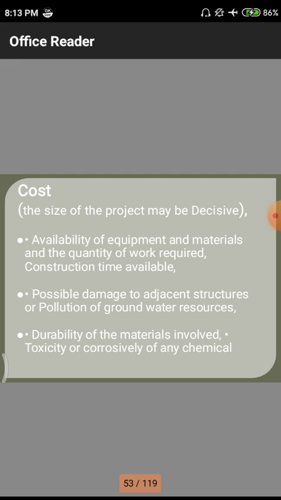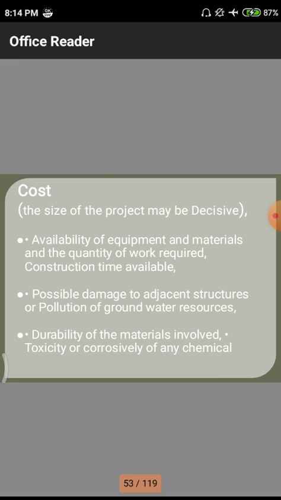Next is the materials and the quantity of workmanship. Material plays the major key role in a particular project. If we have money but no material, that means the project is wasted. Likewise, if we have a huge amount of material and money but no workmanship, there will automatically be a time delay in the project. So all of these are accountable to the project: equipment, materials, quantity, and the workmanship required. All those are accounting parameters for a particular project.